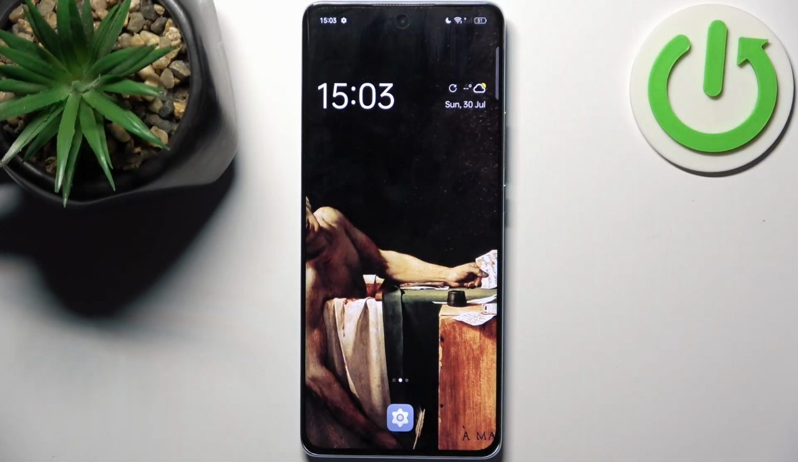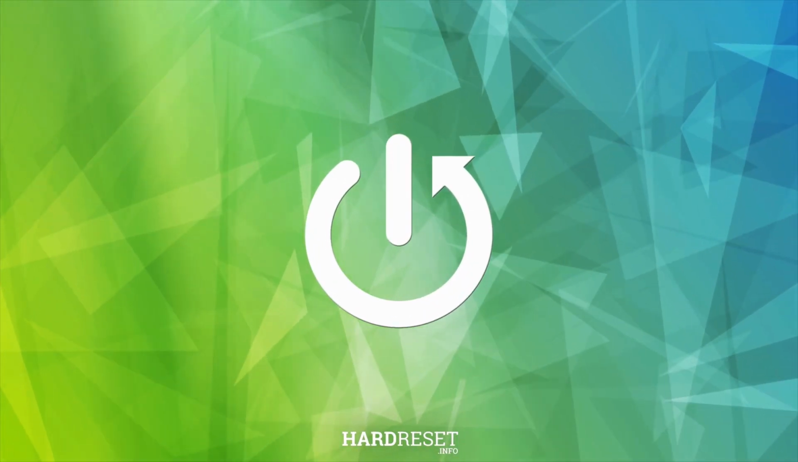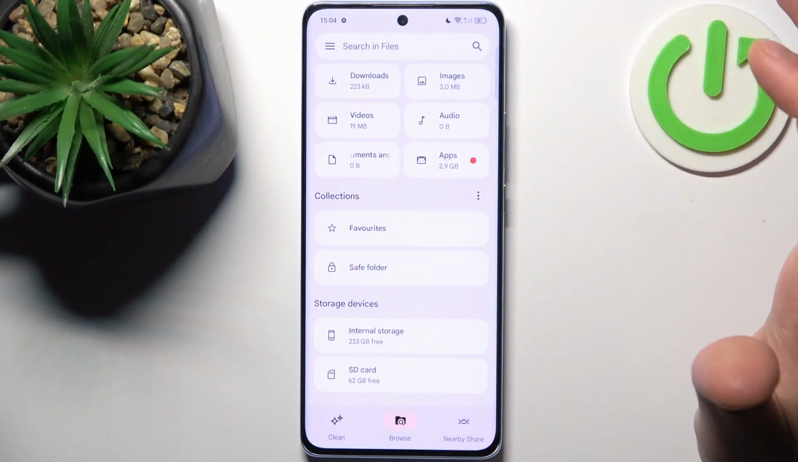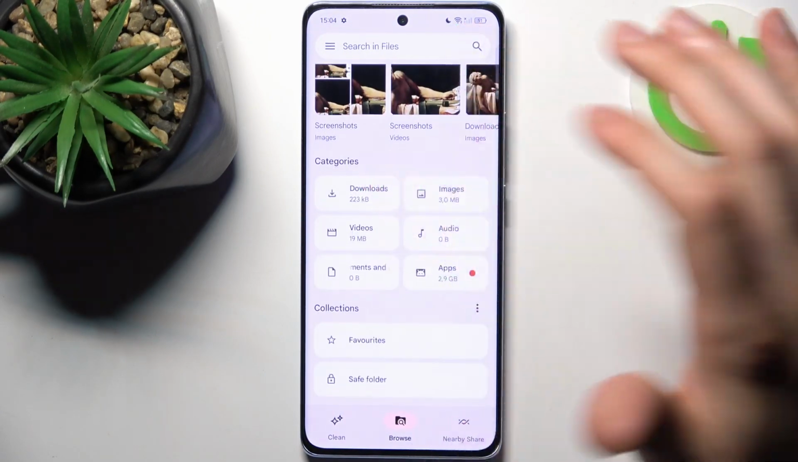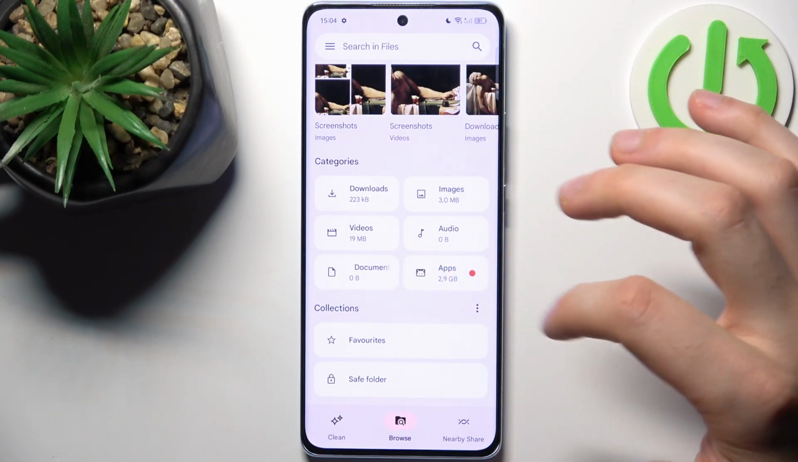Here I have OPPO K11, and today I'm going to show you how to transfer files from internal storage to SD card on this device. To do this, firstly let's open Files application, so you can transfer downloads, images, videos, audios, documents and others, and